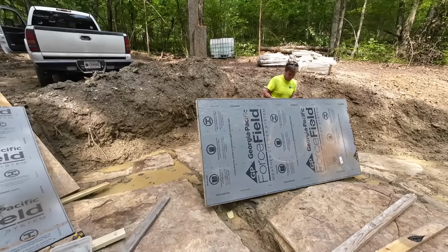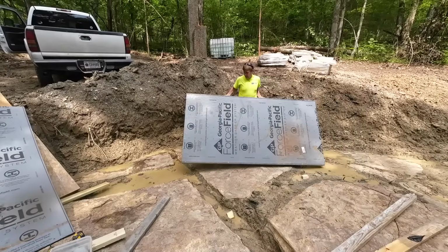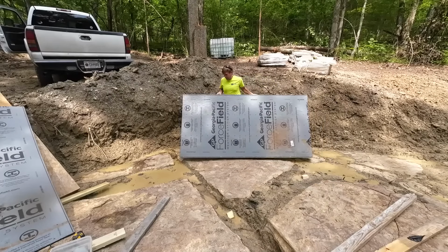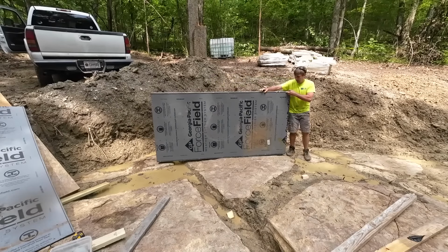Now, we do plan on getting a load of stone out here. We'll get some perforated pipe, and we'll put some stone and tile on the back side of this so there's good drainage on the back side of that retaining wall. That's a huge issue with retaining walls, not having proper drainage, so we will be doing that at some point,